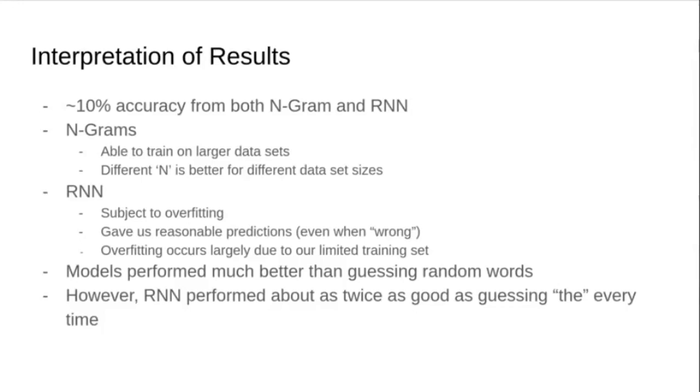Results from both NGRAM and RNN hovered around 10% accuracy. Our NGRAM models were able to be trained on much larger datasets since the memory footprint is much smaller than that of RNN. Our RNN model had training accuracies upwards of 50% in some cases due to our overfitting, but the test accuracies were 5 to 15%, which is concerning and an obvious tell that our model is subject to overfitting. This could largely be due to the fact that our machines could not handle the large memory demands of our RNN model training, as well as some extra hyperparameter tuning that needed to be done.